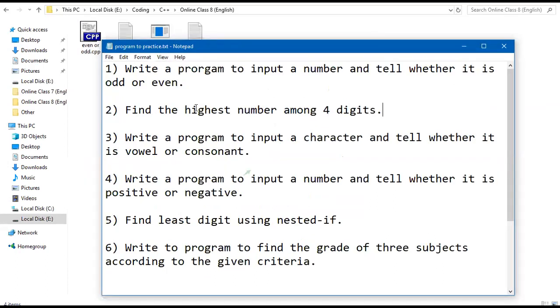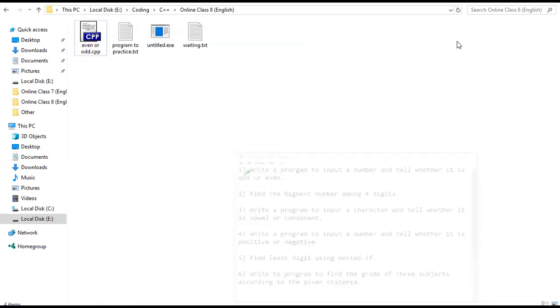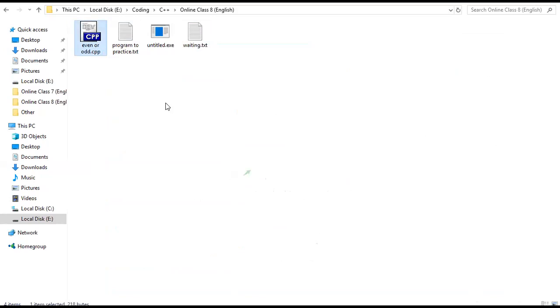The second program says to find the highest number among 4 digits. So we have to find the highest number among 4 digits. How do we do that? We can use conditional decision statements again. Let me rename it highest digit,